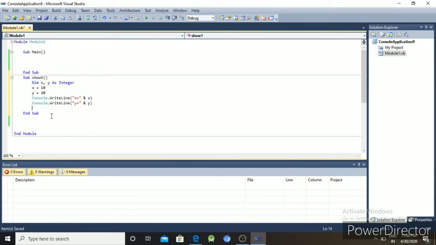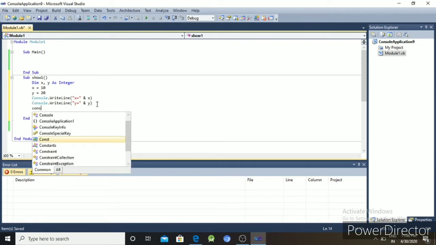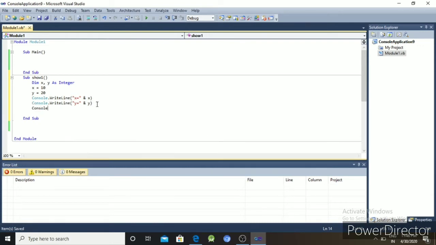Thereafter, to hold the screen, we write Console.ReadLine(). Okay, there is no problem.